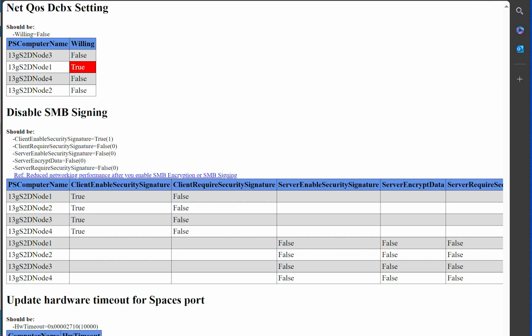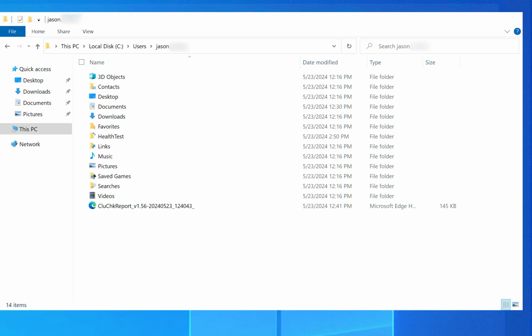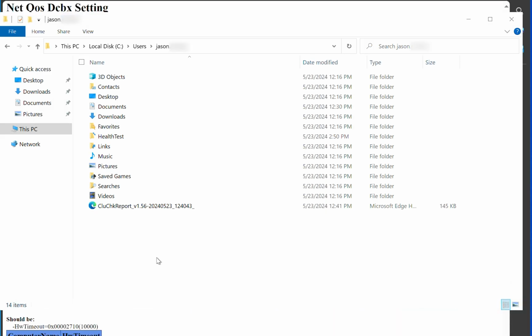And that's pretty much it. In your environment, if you supply a case number, it'll upload it to the case, and that's really all you have to do. But if not, then you'll go to C Users and then your username that you're currently logged in as, and there'll be a zip file here when it's done, and you could just upload that zip file via FTP or any other methods that your support engineer has provided you to send logs to them.